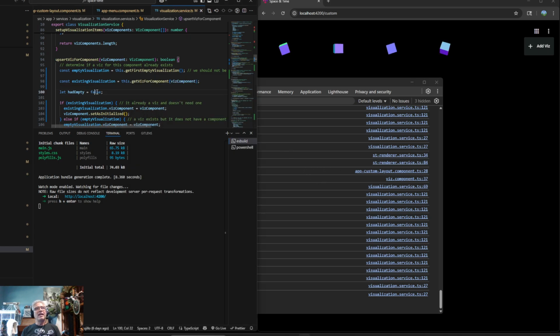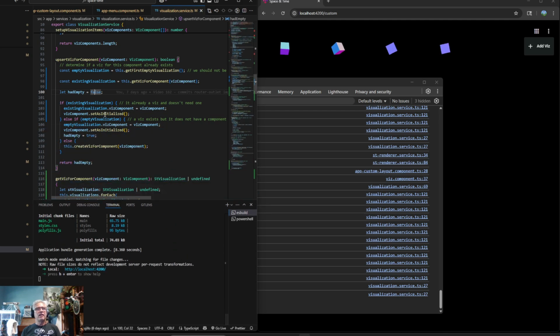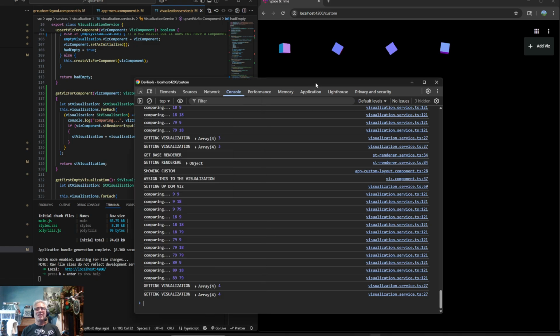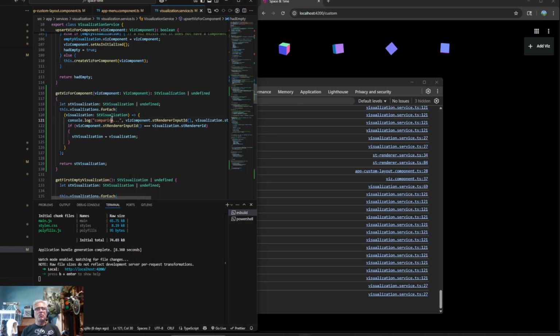I remember having to add some extra logic in this upsert. I still have a lot of extra console logs that I really do need to get rid of,